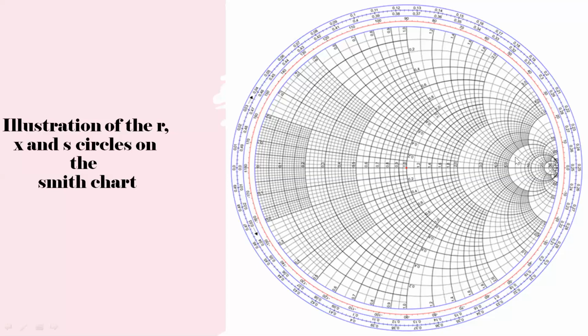For R circles, the full circle is shown here. For the X circles it is not the same. The X values are shown on the periphery of the circle, starting from 0. For X equal to 0 it starts from here, and X equal to 0.1, X equal to 0.2, please look at the pointer, where I am showing: 0, 0.1, 0.2, 0.3, 0.4 and 0.5. It goes on up to infinity. At the maximum portion of infinity it becomes a point once again, for X equal to infinity.